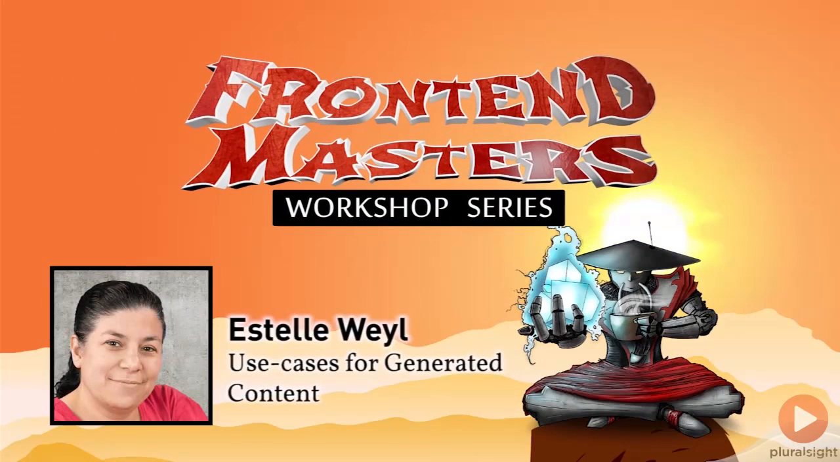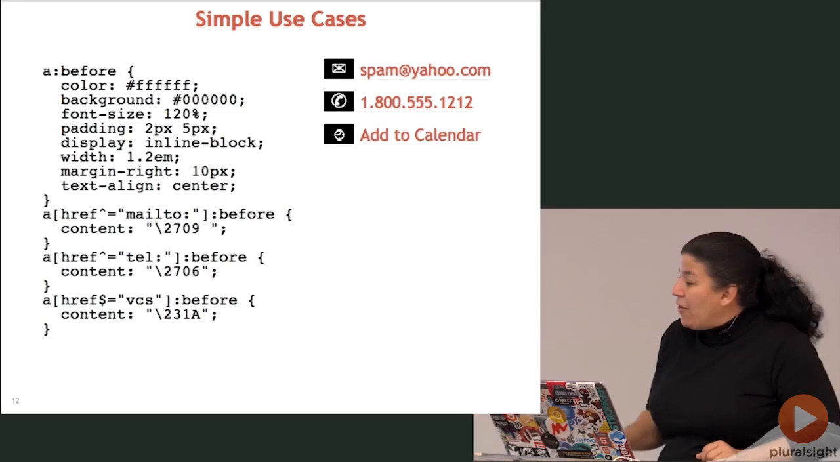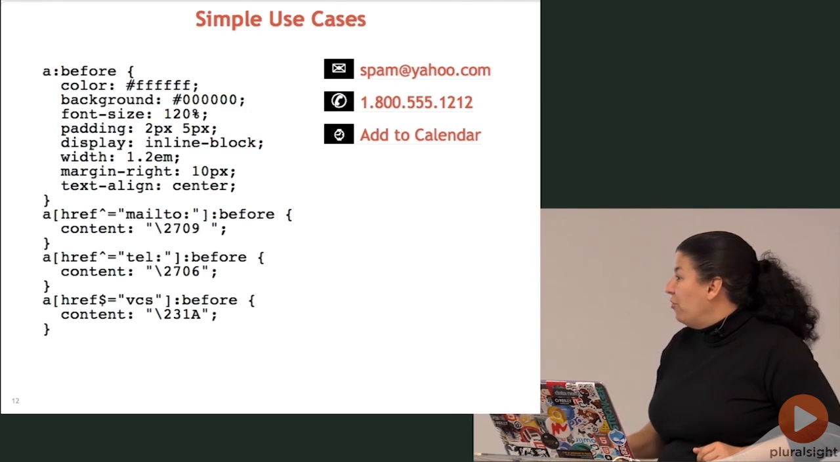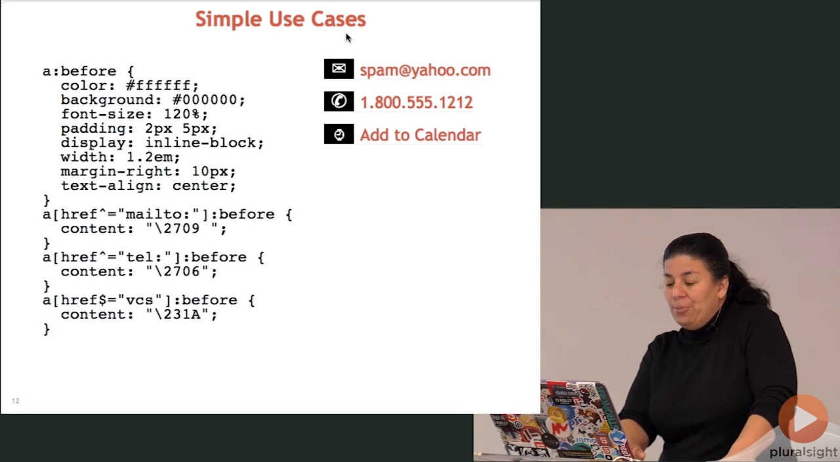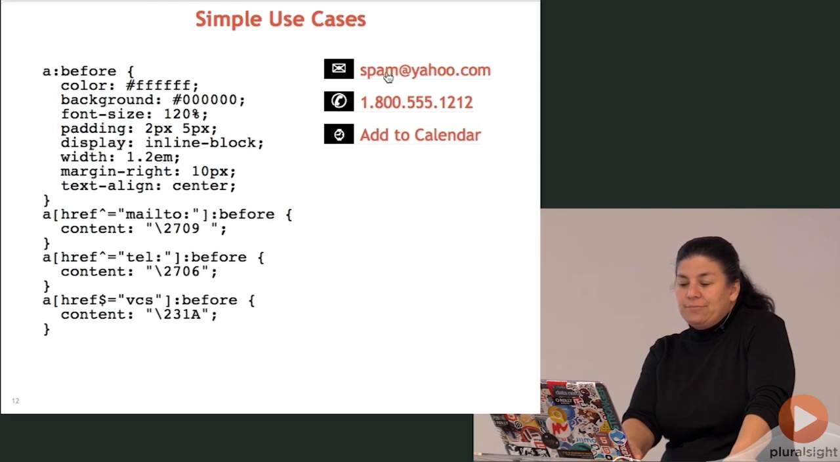Okay, so here are some examples of how, now that you know how it works, let's show some use cases. So this is a simple use case, and actually a very ugly use case, but it's the general idea. So here, I have a bunch of links, right? So here it says A before,